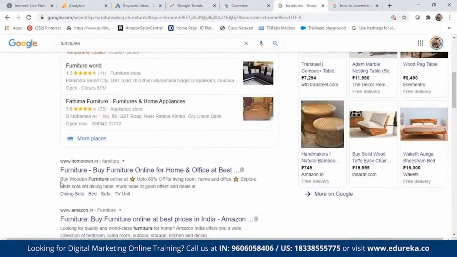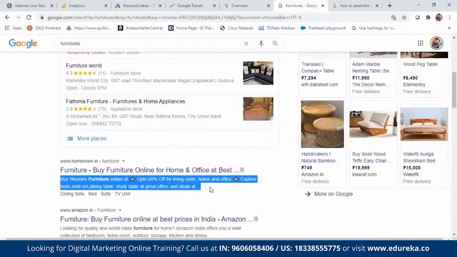Now what you see here, what I have highlighted, is basically what we call the snippet. The snippet is the description of the page and is usually limited to about 156 characters. While the snippet may be the meta description that you wrote, sometimes Google sources the snippet from contextual information which is available on your page. This allows Google to tailor the snippet to each unique search query and provide relevant information pertaining to that search.